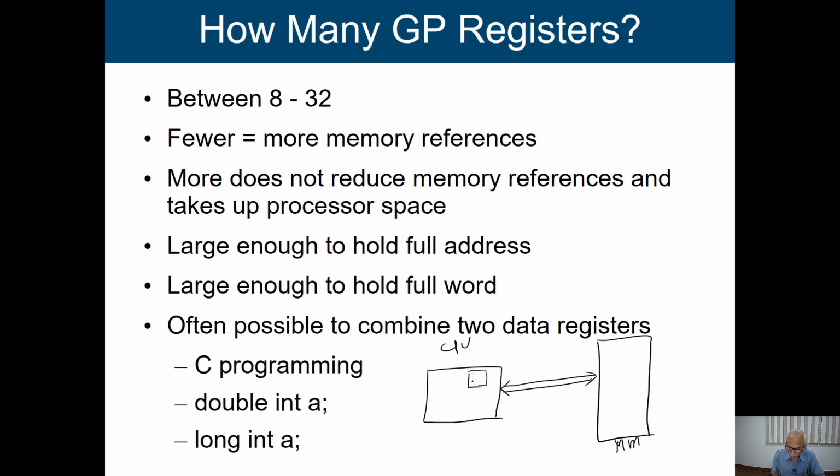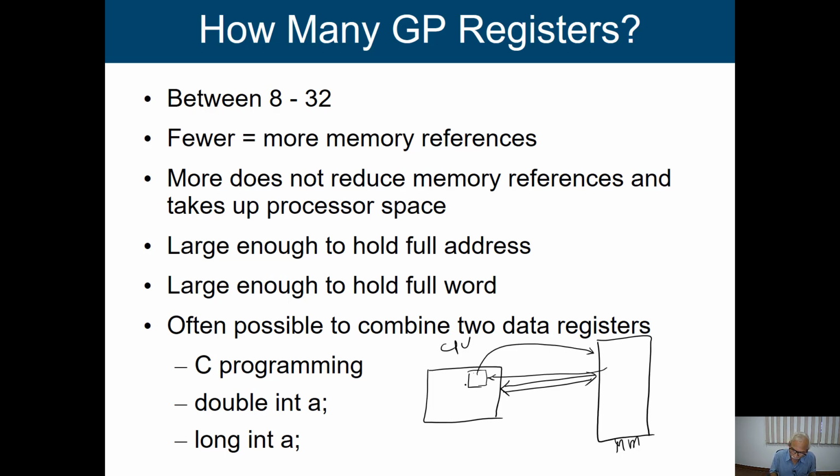Then what will happen? I have to free one of the registers, that means we have to store this information in main memory and bring the required information from memory to this particular register. So if you have a small storage space, then we may have more such memory references. More data movements will be there when we work with the computer. But more registers do not necessarily reduce memory references and speed up the processor.